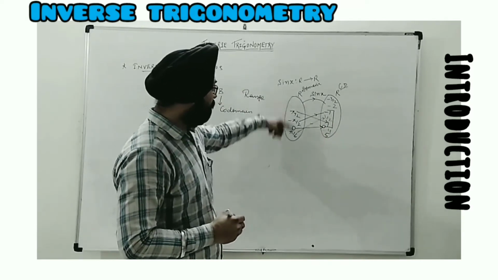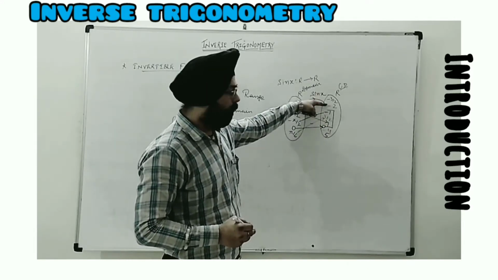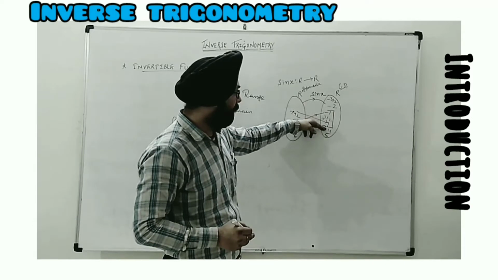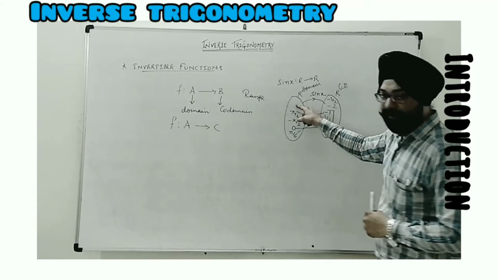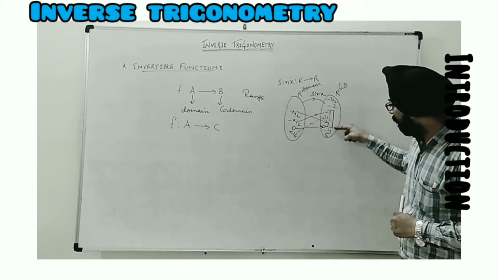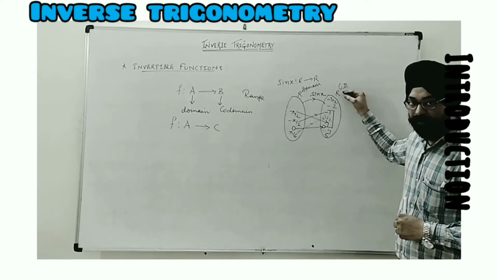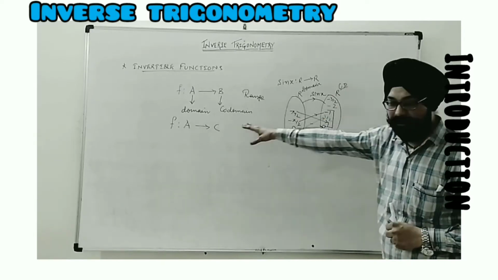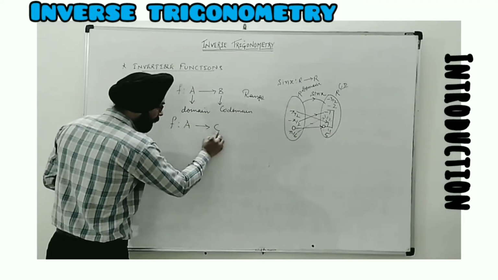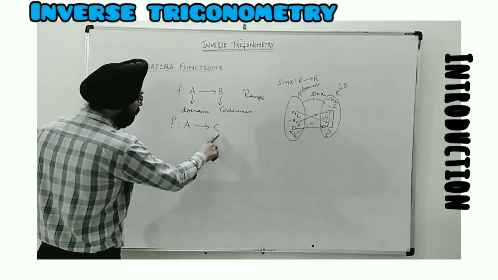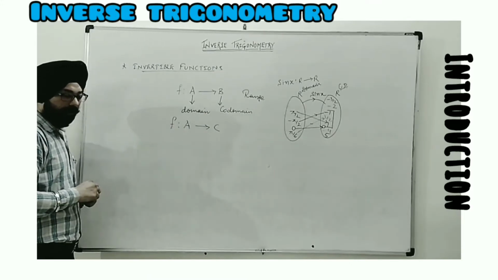So sin x will concern all the values between minus 1 and 1 only. All the values beyond the interval minus 1 to 1 will remain without any pre-image. They will not be connected to any element in the real numbers. So this set of images is known as the range, and this whole set is known as the codomain. The same thing I was saying: when a function is written with domain and range, then for sure each element of the range is related to some element in A, the domain.